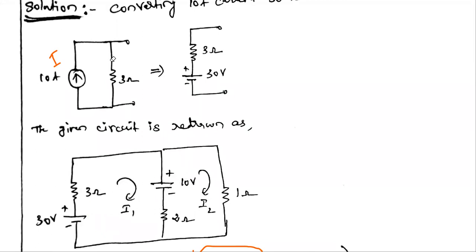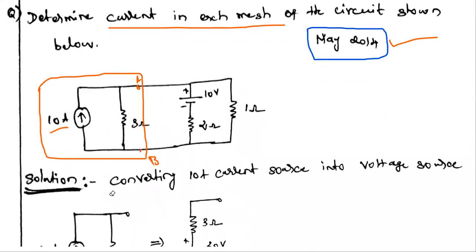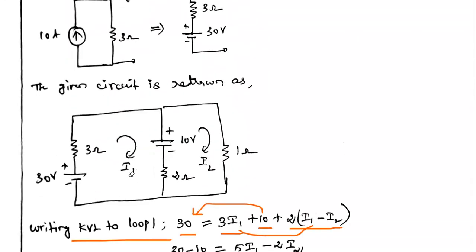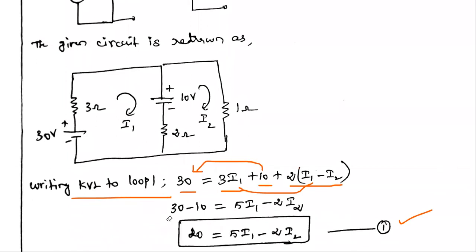Okay, so using the source transformation technique, first we are converting this current source in parallel with resistance into a voltage source in series with resistance. So then this 3 loop circuit we converted into 2 loops. Then we are calculating the mesh currents by ordinary mesh analysis. Okay, so this is one type of problem using the source transformation technique.